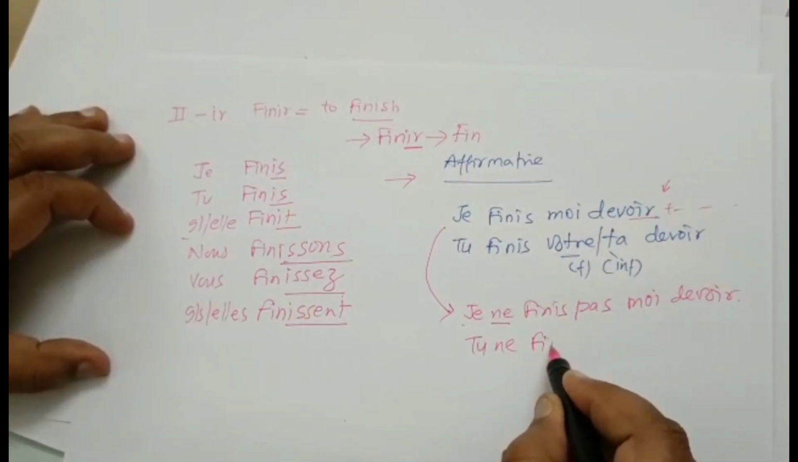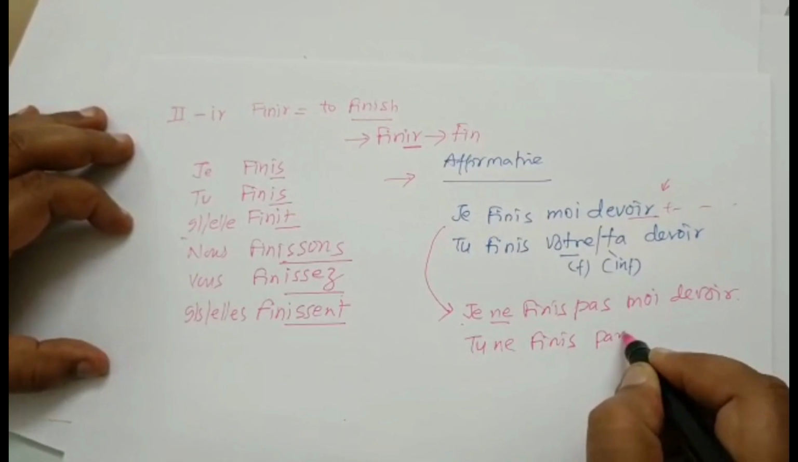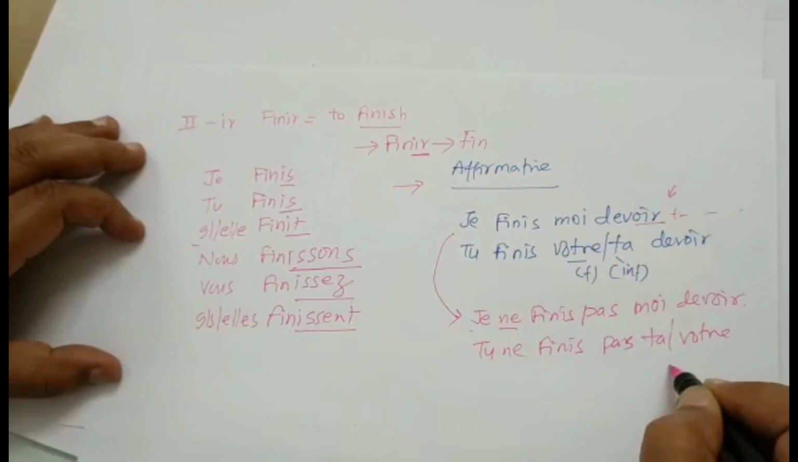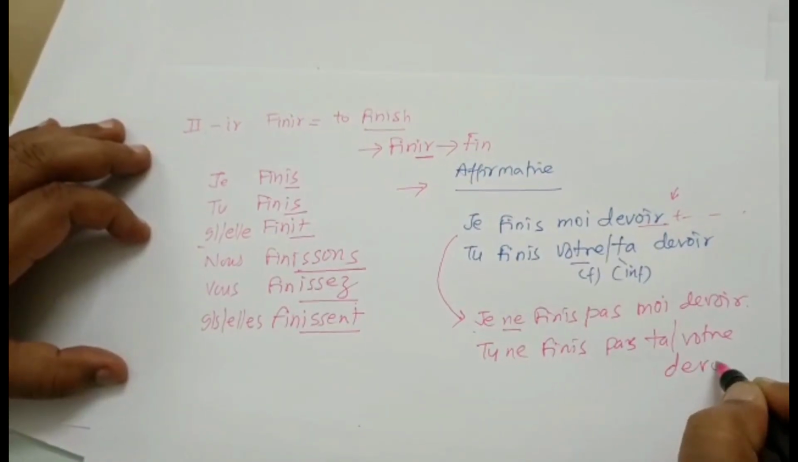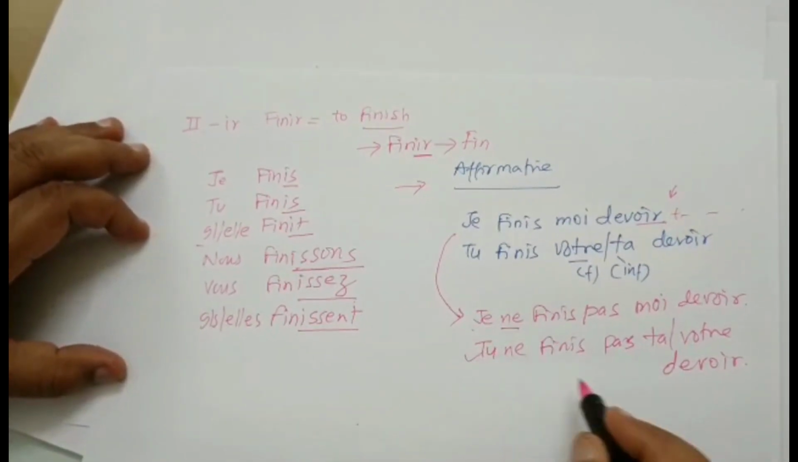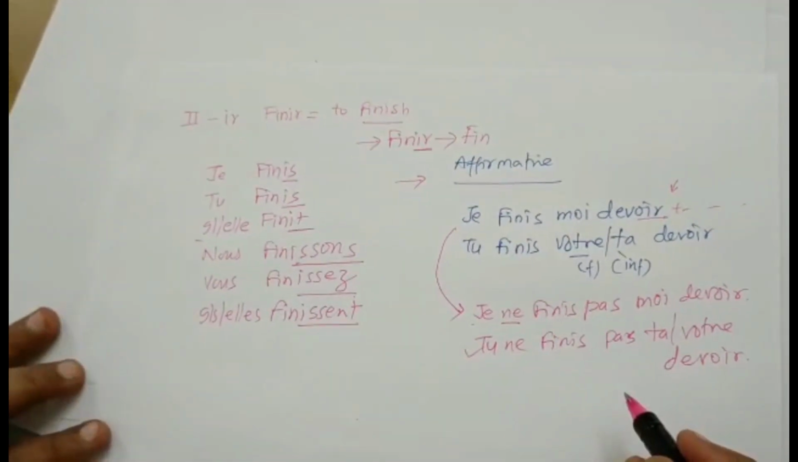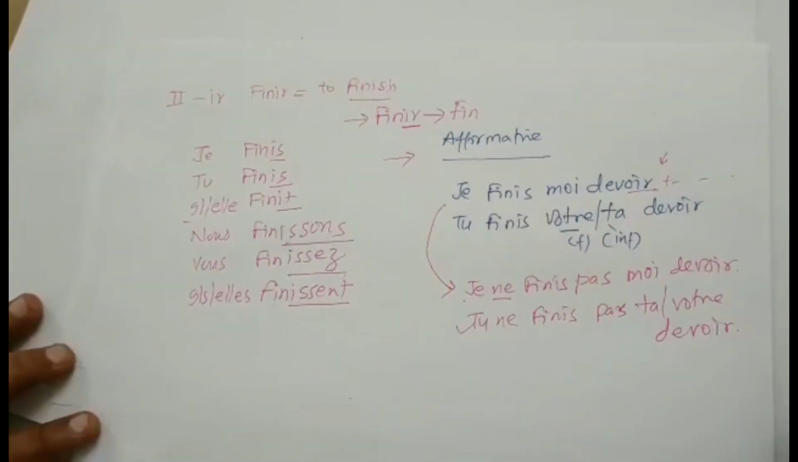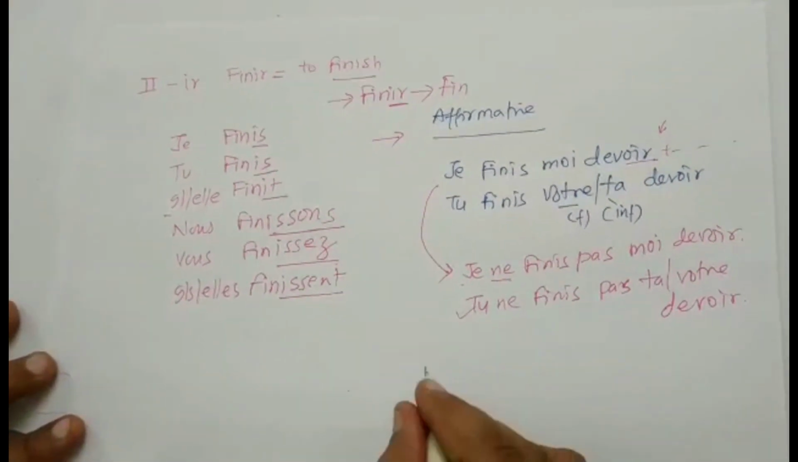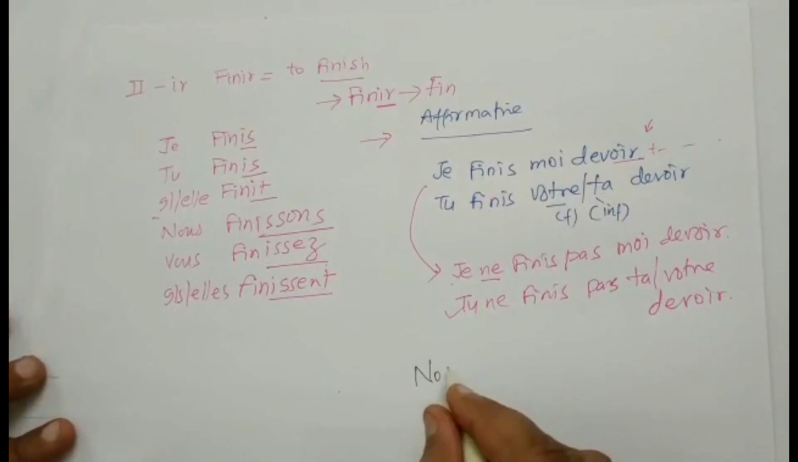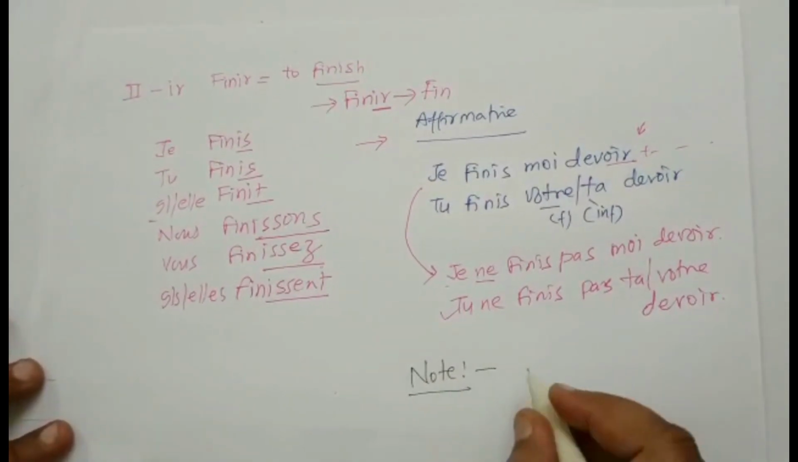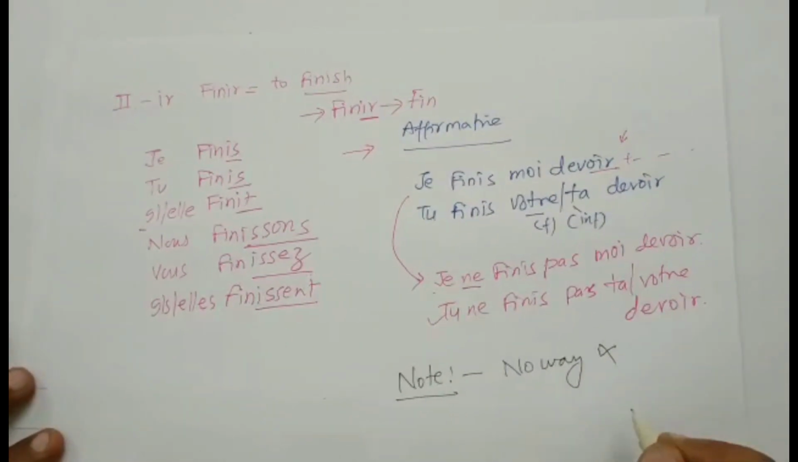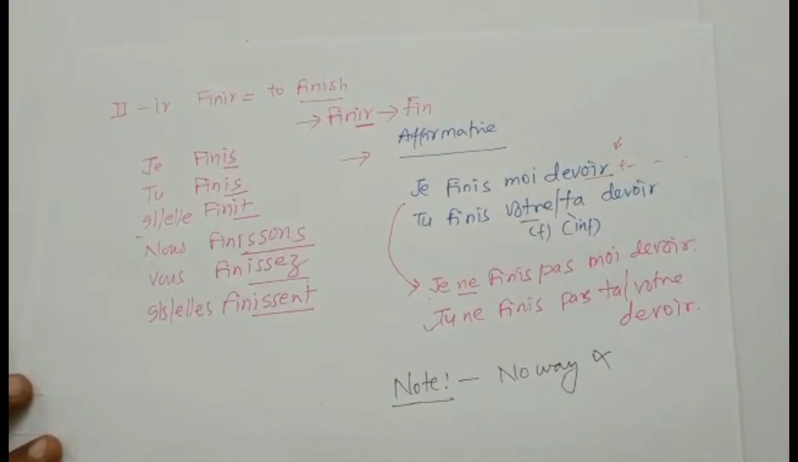Tu ne finis pas ton devoir. So you have not finished your homework. That is the literal meaning. Now friends, note down, there is no such thing as other ways. There are other ways, but for making negative sentences most of the time you put ne after the subject pronoun and pas